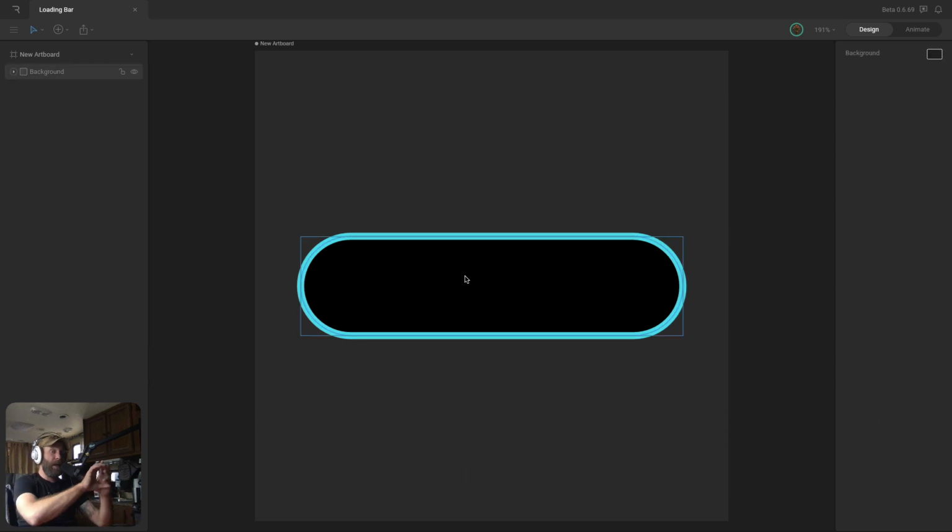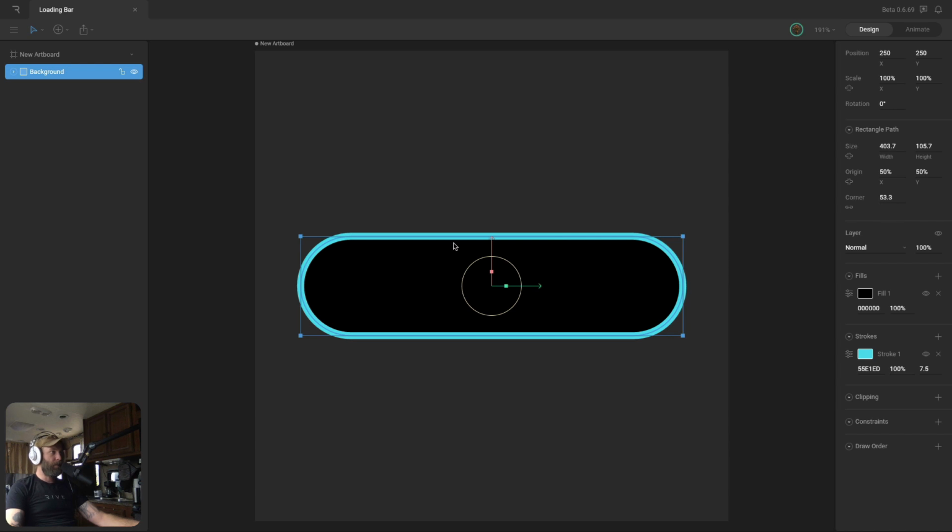Now we need to create the actual fill portion for our loading bar so that we have something that shows the progress of how much is loaded. So what I'm going to do is I'm going to select this background shape and duplicate it, or copy and paste it. So Command C, Command V, or Control C, Control V if you're on Windows. And now you see we've got another shape here in the hierarchy. So I'm going to go ahead and rename this shape Fill